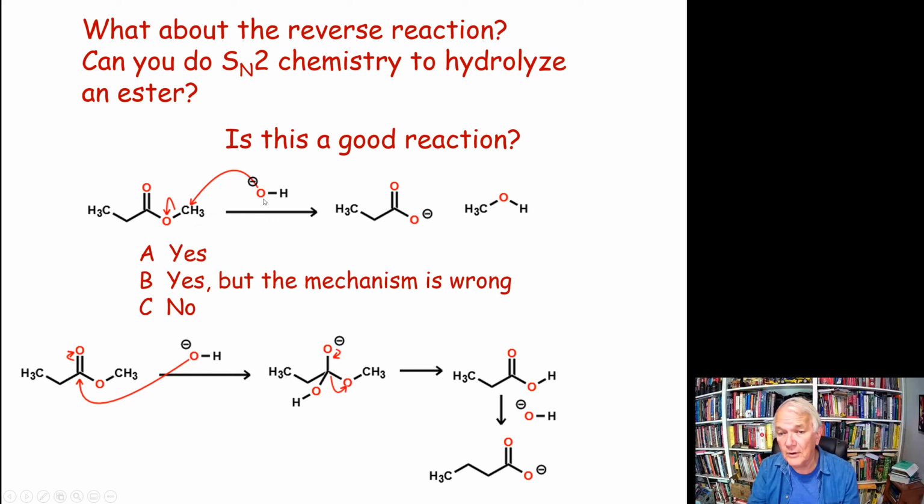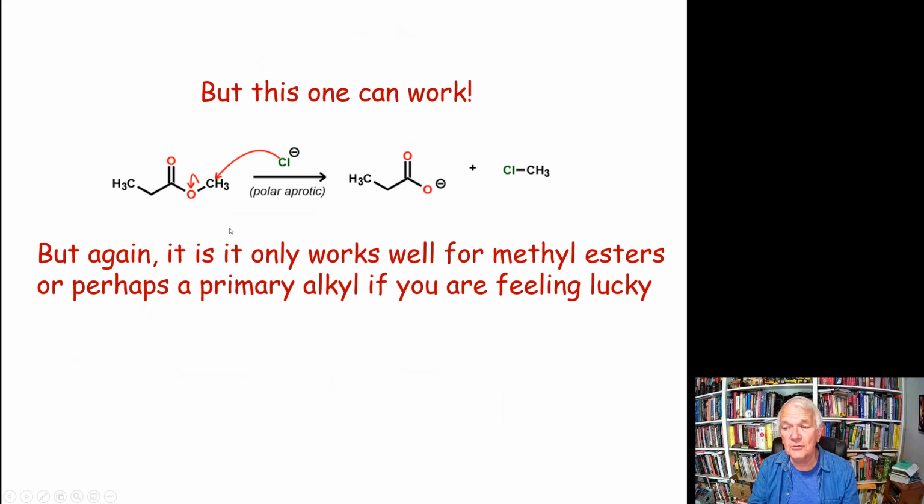Now, what if we don't have such a great nucleophile? What about this one? What if we take a chloride and attack the methyl? Well, in this case, it's actually not so bad. If we do this in a polar aprotic solvent, you may remember from 321 that polar aprotic solvent makes the chloride a better nucleophile. And the alternative of the chloride attacking the carbonyl gives you a tetrahedral intermediate, okay, but